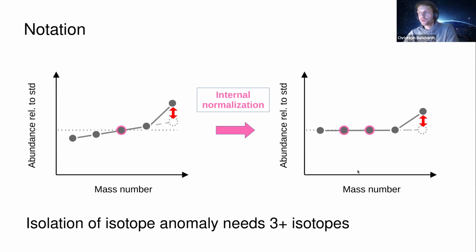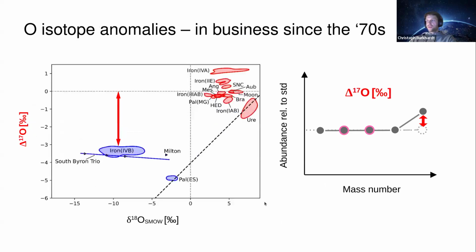Now, historically, the first element in the periodic table that has 3 stable isotopes is oxygen. And that's also one of the most important to look for these anomalies. This is probably something every one of you has done, or it's a staple in meteorite classification, oxygen isotope anomalies. What is shown here is delta 17O. This is the deviation from a mass-dependent fractionation line, which would be here at 0. And then different types of meteorites are shown here, all kinds of achondrites and iron meteorites.